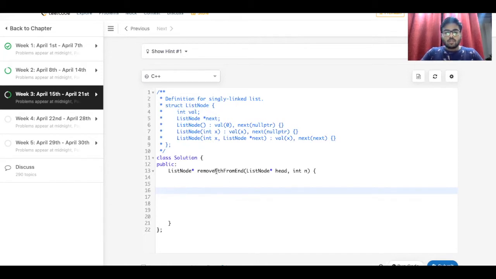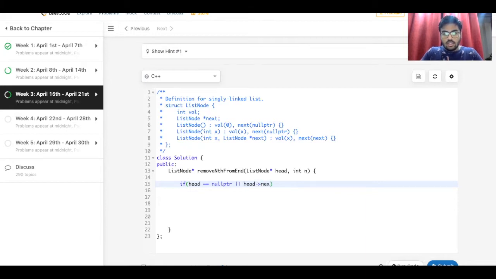First we create a base condition: if head is equal to the null pointer or head's next is equal to the null pointer, we return an empty linked list, which is the null pointer. We do not point it to anything.